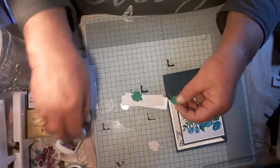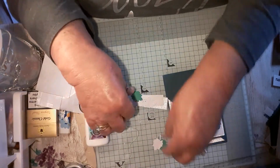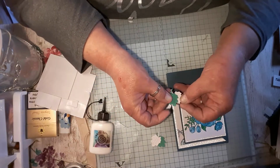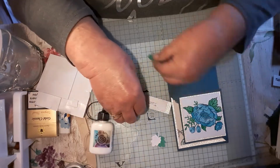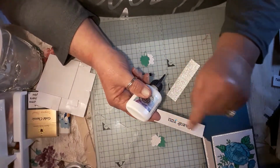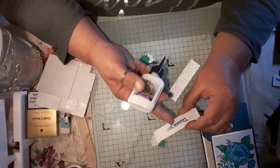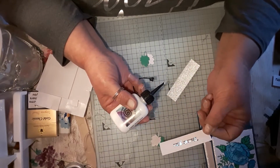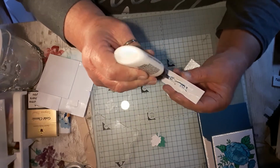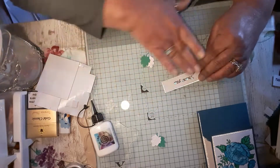And what I'm going to do is pop these, a green leaf and a white leaf together, and the same with these two, where I had green underneath on that one. I'm going to put the green on the top of this one, and I'm going to put thank you, and I did these with foil. I did it with the blue foil on there, which I wasn't impressed with, it didn't come out how I was thinking, and then I did it in the silver, and I did it with a glue pen, and it did work, so it was okay. And this has just a little bit of a border, and I'm going to pop that on